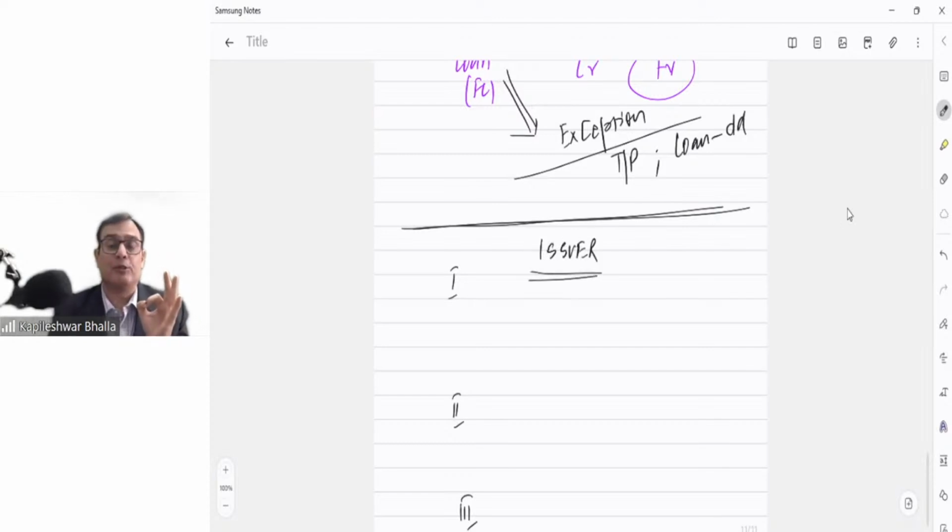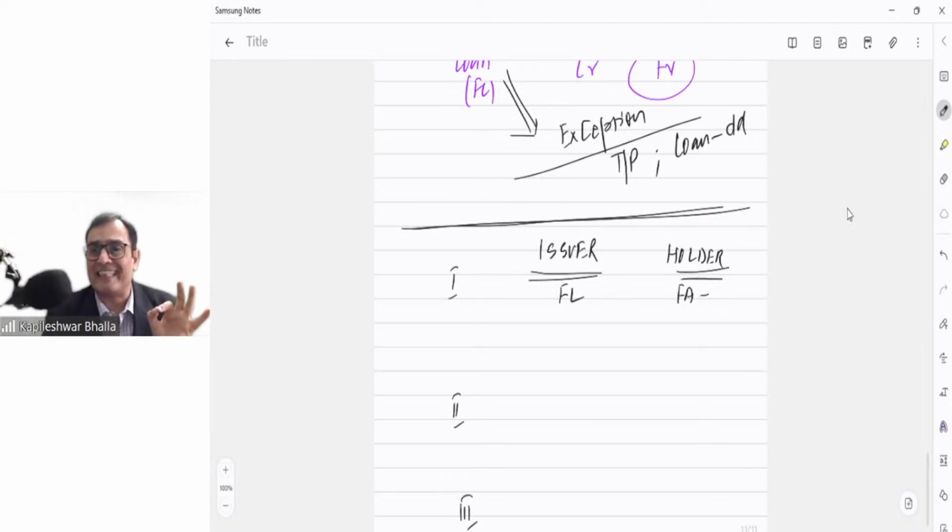You need to step into the shoes of the issuer, and you need to put across a question: if I were the issuer of this instrument, what would I call it? So as a holder, you need to first of all step into the shoes of the issuer, and see that if I were an issuer of this instrument, and if I were to apply Index 32, then what would have been the position? Let's say if I decide it's a financial liability from the issuer perspective, it is supposed to be called a